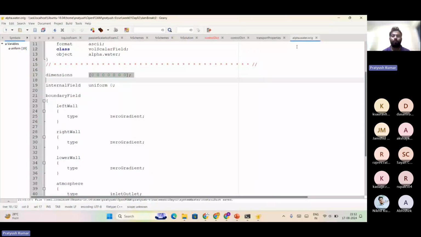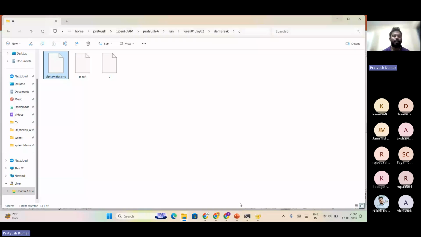But as soon as you run setFieldsDict, it is going to change every value of alpha.water. Okay, so that is why one file is already stored in the test case, so that if someone wants to run this setFields command again, they just copy and rename it. Okay, so if I copy and rename it,